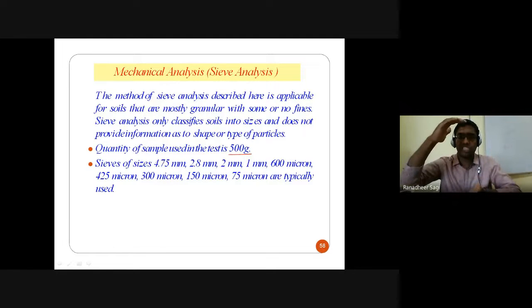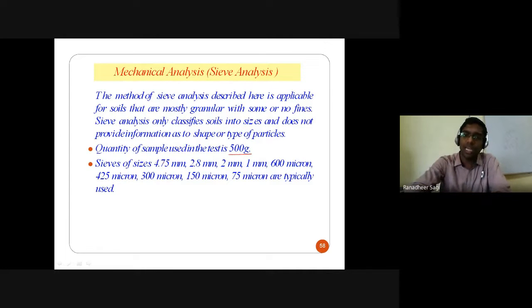You have a set of sieves systematically arranged in a decremental manner, and on top of the first sieve you place your coarse grained soil particles, and this complete set of sieves is placed in what is called a mechanical sieve shaker, which continuously shakes your set of sieves, because of which the particles travel from one sieve to the next, depending on their sizes. The particles get retained on different sieves in that systematically arranged set.